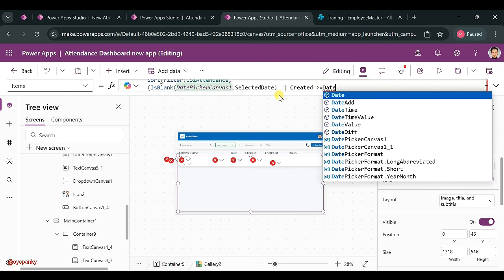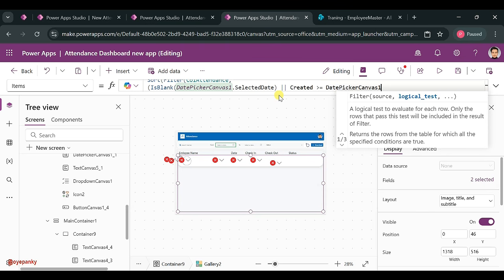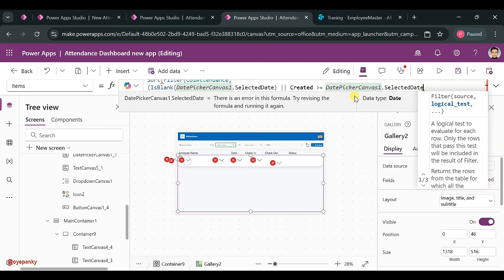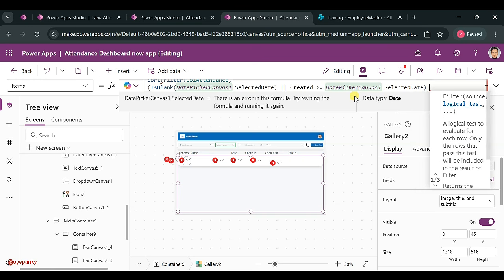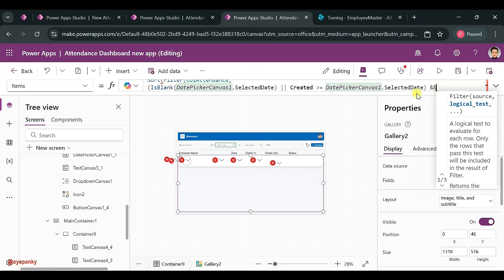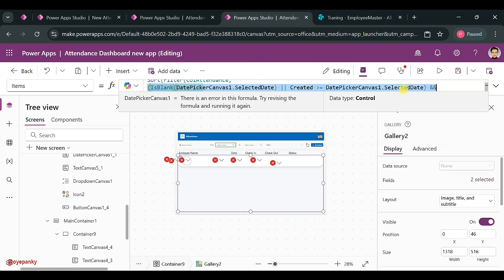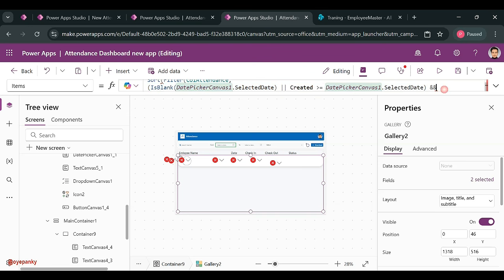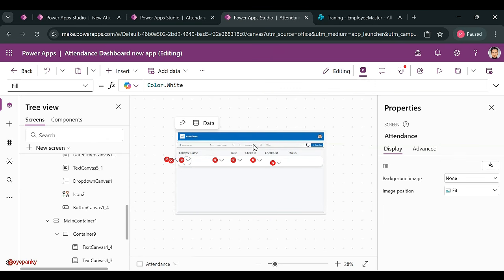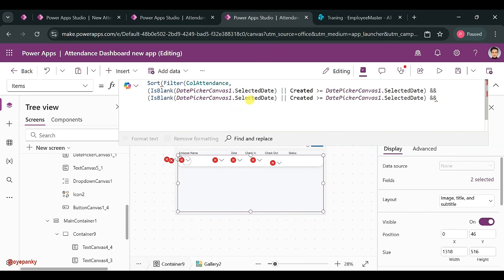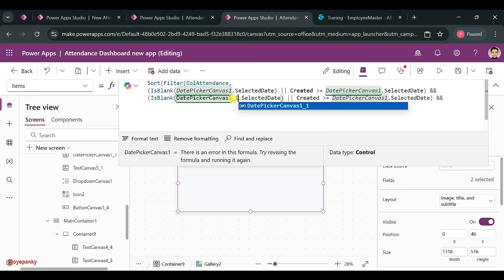And we need to again insert our filter, the date picker name, and then selected date, and bracket close, and use the double N for another filter. Now you need to copy this one, and after that you need to paste the same, and here you need to change the picker name, date picker name. So this is 1_1, and now here you need to write the 1_1 and 1_1,